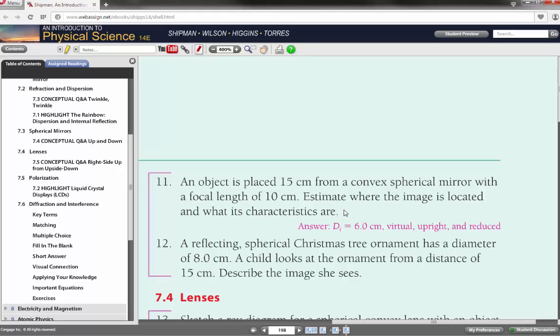So I had to modify it a little bit because you can't really write all this for an answer to one of yours. But notice it says that the image distance is 6 centimeters and that it is virtual. So those two pieces of information are enough for you to figure out that your answer should have been -6. Now, with that said,